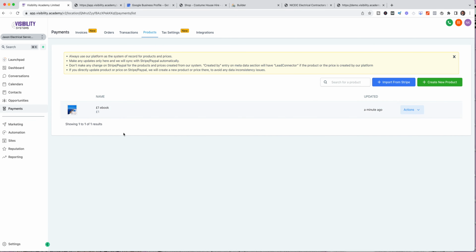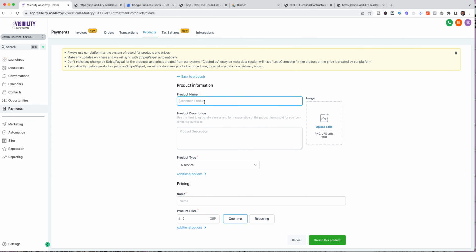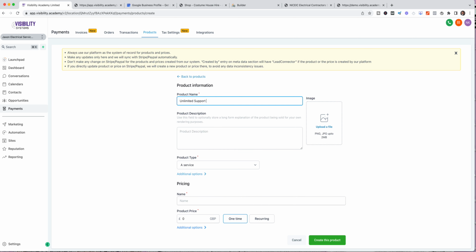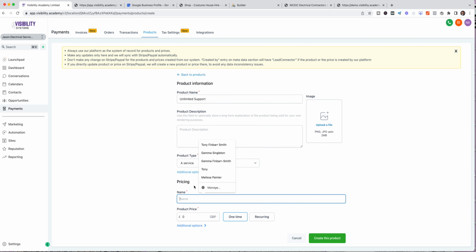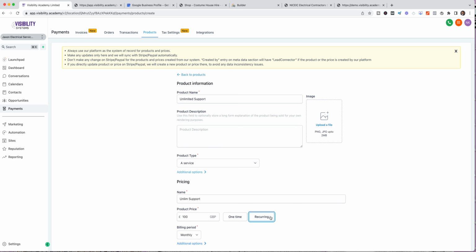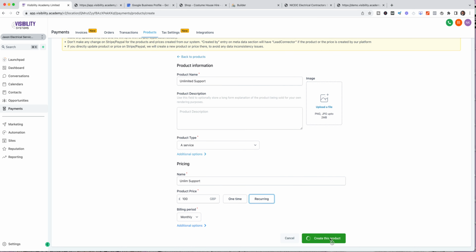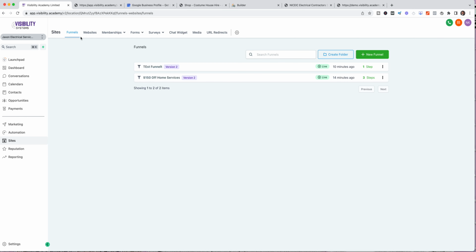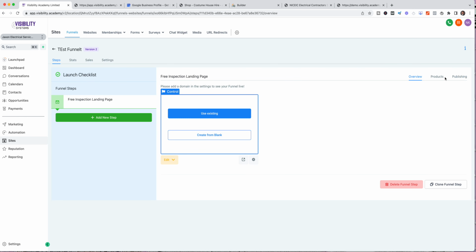We're going to go to products. We're going to create a new product, and we're going to call it unlimited support. And let's say it's a service, this one, and unlimited support, and it's going to cost them £100. And it's recurring, monthly. Create the product. We just created this as an option. Okay, so now if we go to sites, funnels, back to the test funnel, we're going to pull in this